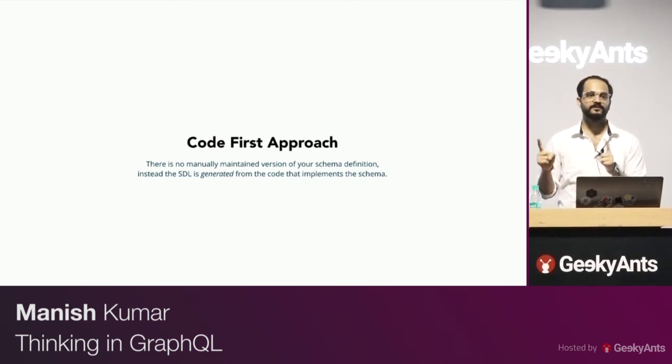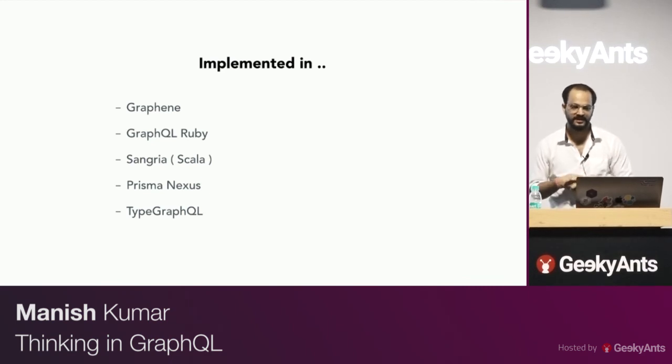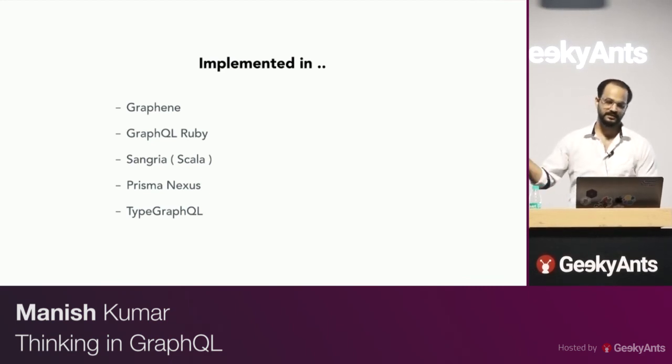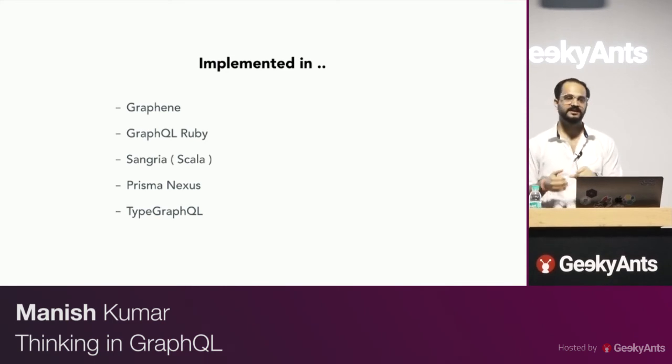So you don't really have to make sure that the types are matched with the resolvers or the queries. Like I said, this is already implemented in Graphene. Graphene is Python. GraphQL is Ruby. Sangria is Scala. Prisma Nexus is for JavaScript. TypeGraphQL is also for JavaScript. These are recent, but then